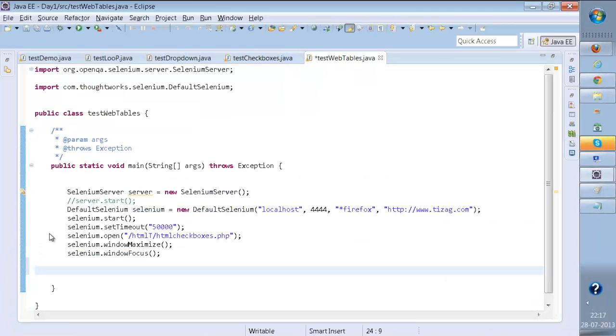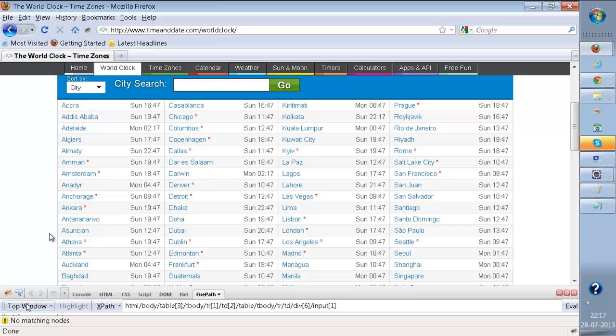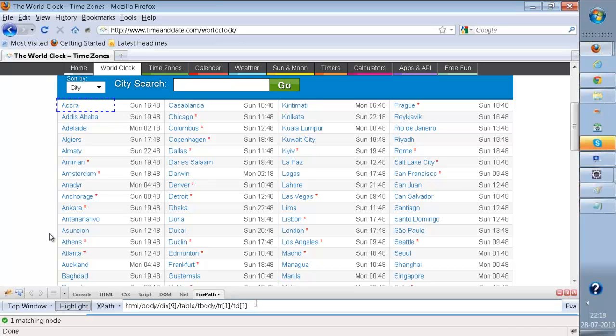Right now, we just focus on this web table. On this web table, again, this web table will be handled only with the help of absolute XPath. Now, if I take my mouse over here, you can see the first XPath is this. I'll copy this and